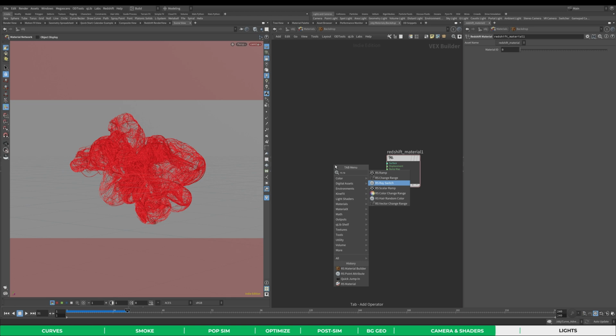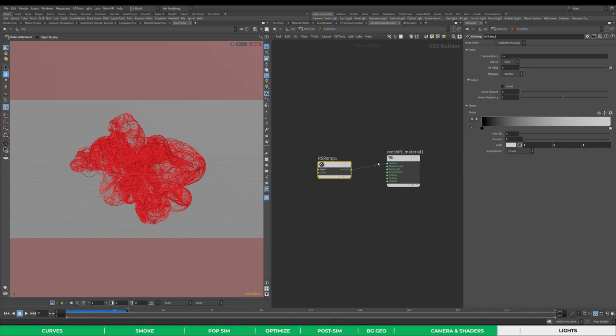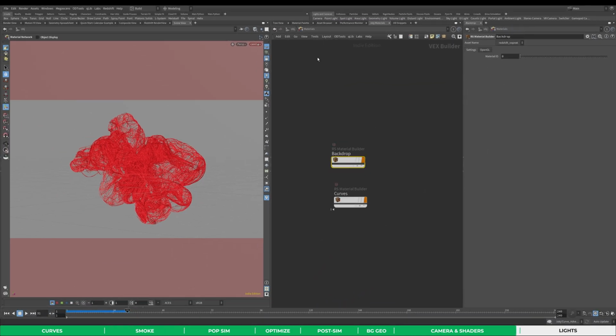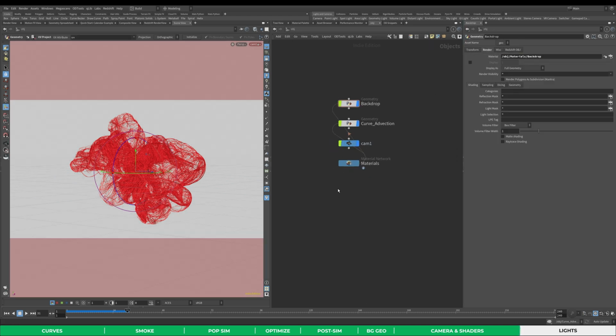Let's create an RS ramp node, pipe that into the surface here, and in the settings, let's set the mapping to diagonal, and I'm going to set this first color here to be something like this, and the first color is going to be just a dark red like this. Let's also assign this to the background we have like such,